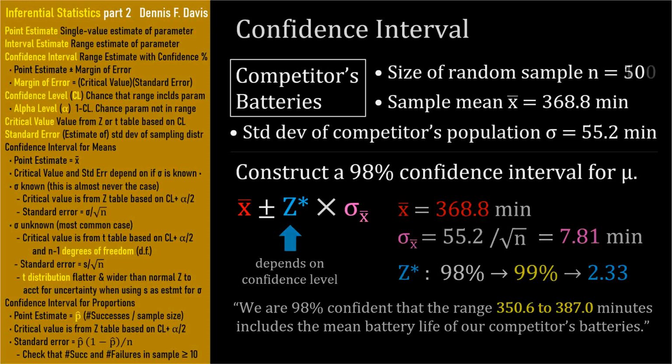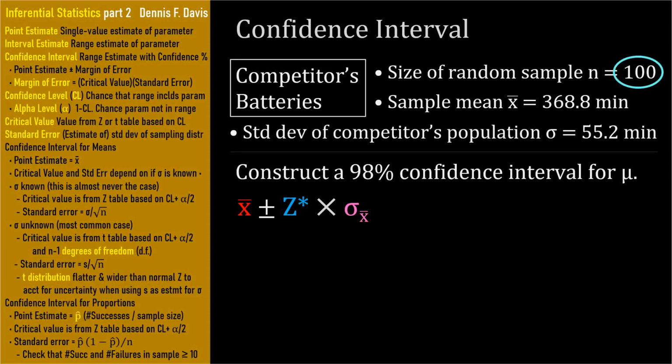Okay, another quick variation. Staying with a confidence level of 98%, let's assume the sample size was 100 rather than 50. Would you expect the confidence interval to get narrower or wider? As the sample size gets larger, the standard deviation of the sampling distribution gets narrower. We demonstrated this with the app. Since sigma sub x bar gets smaller, the margin of error gets smaller, so the confidence interval will get